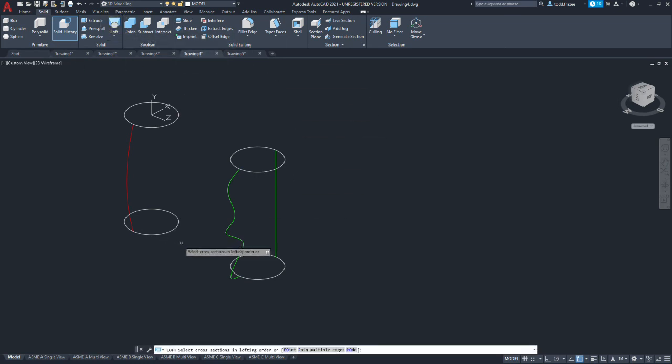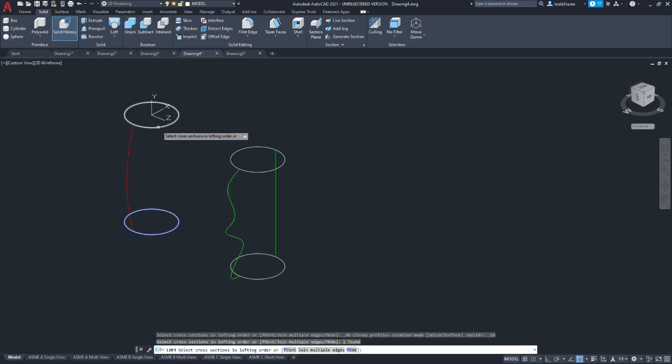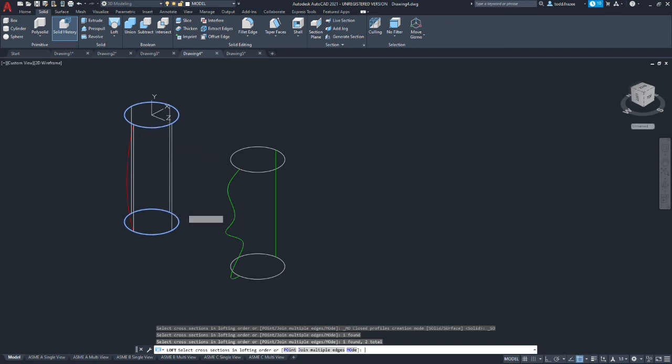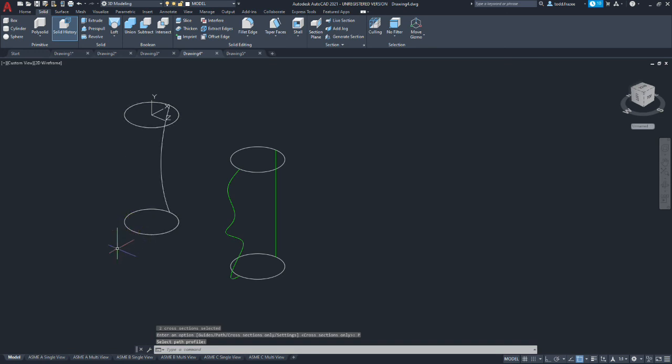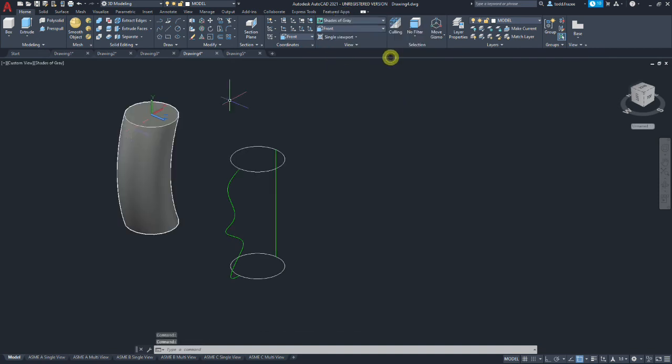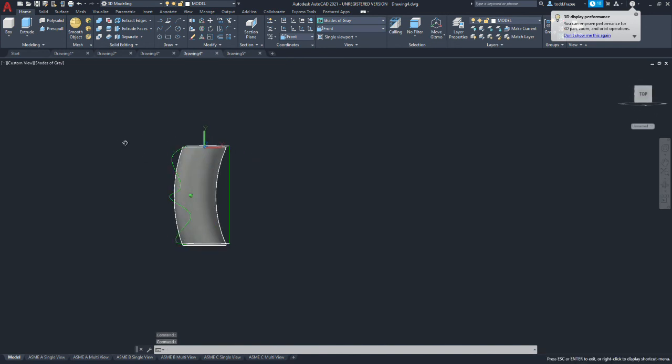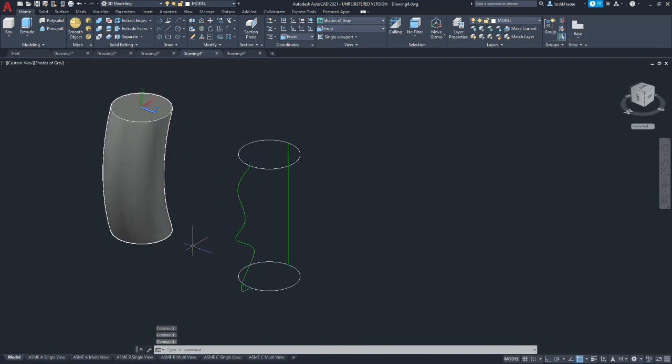Okay, we're going to go to loft. We're going to select our 2 cross sections. We're going to accept those, and then we're going to pick path. And remember, you can only have one path, so it's the red arc I have here. And what it does is it guided the solid. Now if I go to shaded mode, you see it's a loft between the two, but it took on the curvature of the arc. So it's combining somewhat of a loft and a sweep properties.